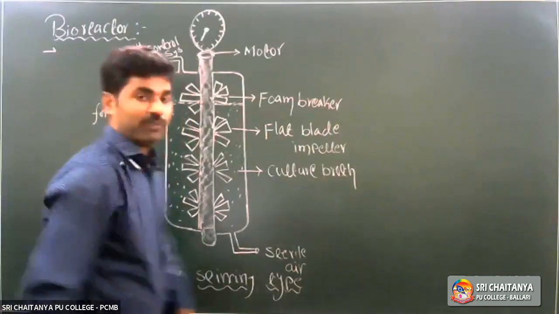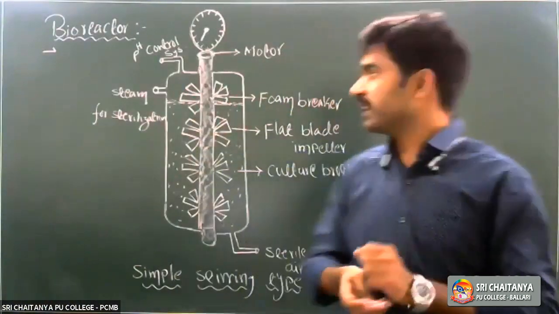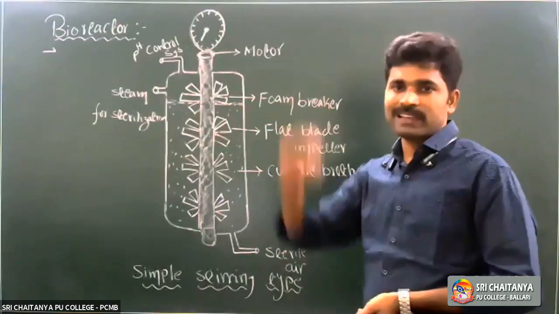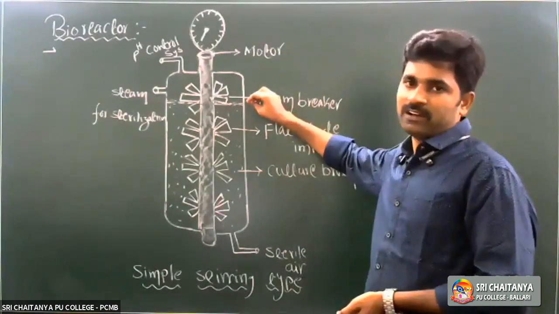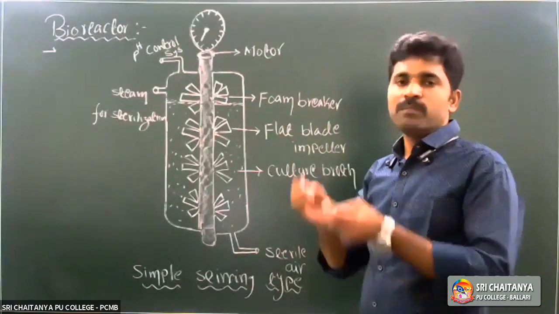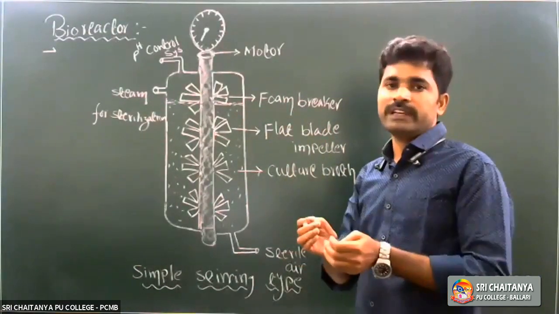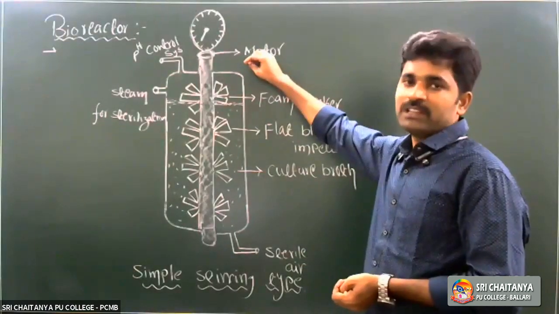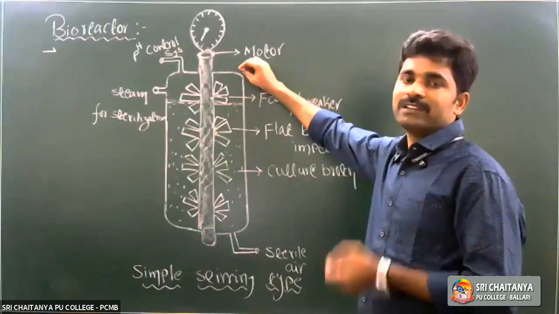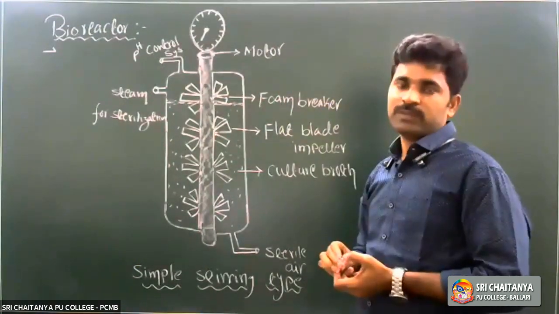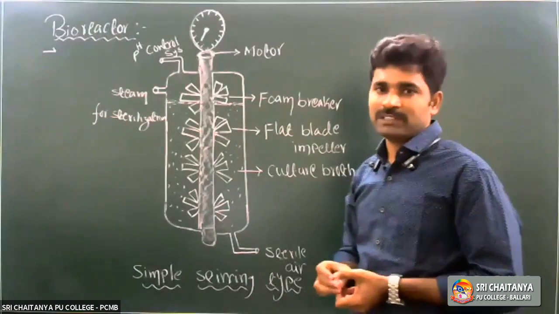So now come one by one. What is the actual definition for bioreactor? It is a large vessel, like a metal container, in which around 100 to 1000 liters of raw material is biologically converted into a desirable product. So around 100 to 1000 liters of raw material can be processed in this bioreactor. It is also known as fermenter, right?